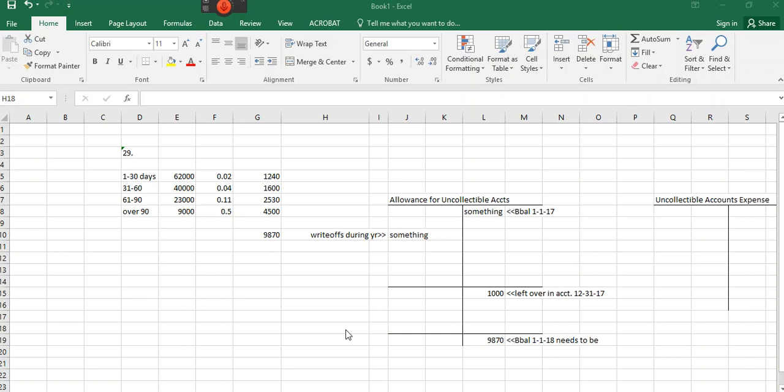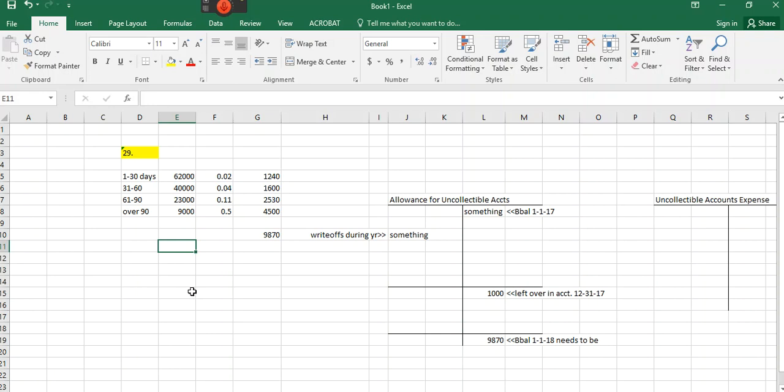Okay, let's cover a question related to uncollectible accounts. It's number 29 for those of you that have been smart enough to go to the sessions. Number 29 is an allowance for bad debt. I always call it bad debt, allowance for uncollectible accounts. And it's asking you for what kind of entry needs to be made at year end using the balance sheet